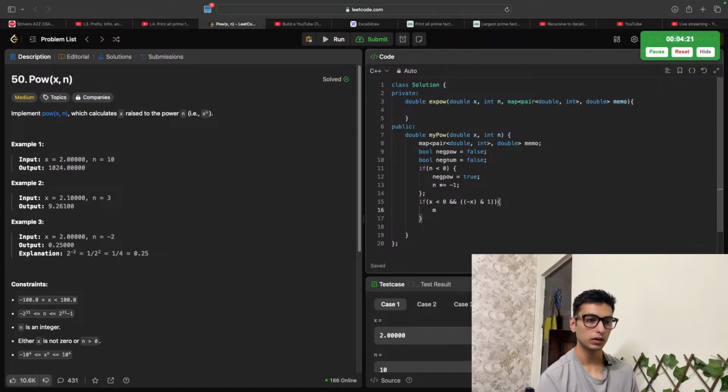Then you set neg num equal to true. All right. And now you convert x equal to x into